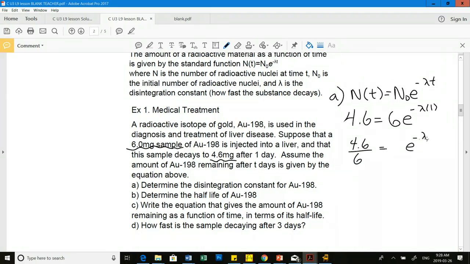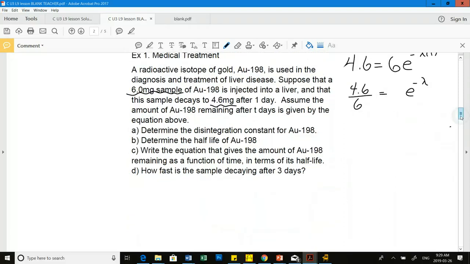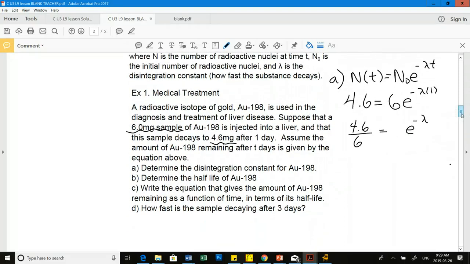Okay, so before I isolate for any exponent using log or ln, I need to make sure the base and that exponent are isolated on one side. So I just took an extra little step here, our first step here, to divide the 6 out. Okay, so once we have the base and the exponent isolated here, I can take either the